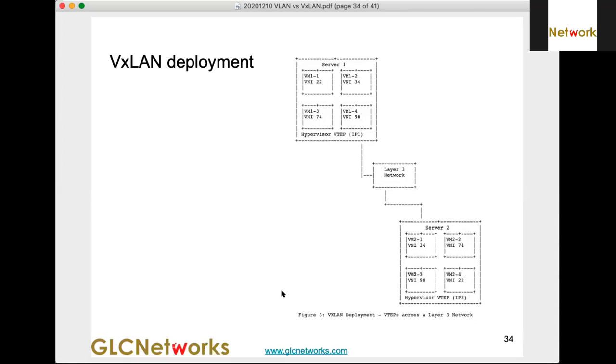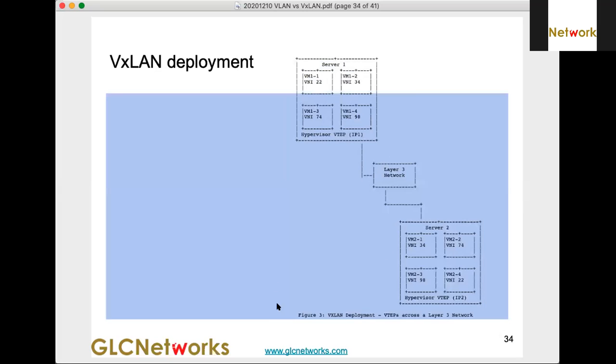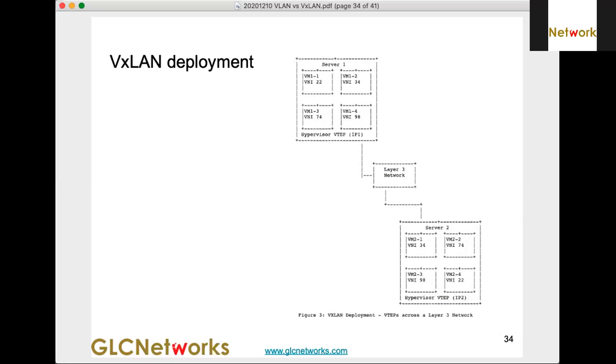Okay, about the deployment, it's going to be like this. So you have layer 3 networks here. You have lots of routers, and then we connect to a hypervisor server here, server 1, server 2, and inside server 2 you have a virtual machine, right?